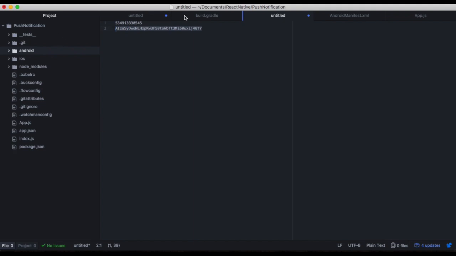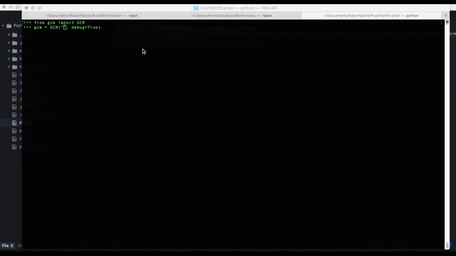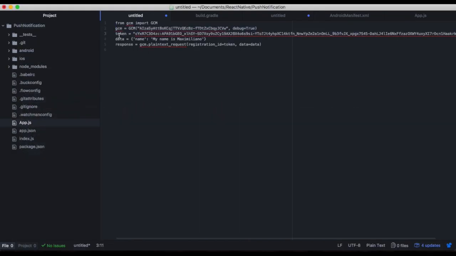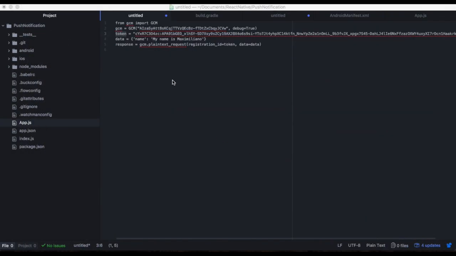So we will take this and write it here. Nice. So we need the token, and the token we can just take it from the app. So here